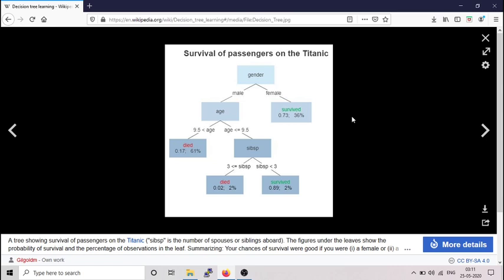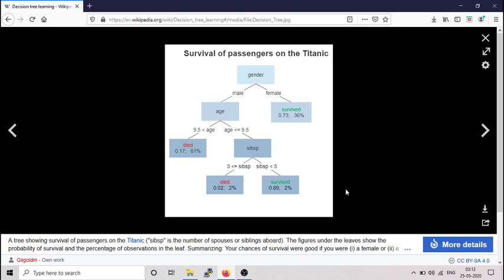Now we want to predict whether a person with a certain gender and certain age would have survived on the Titanic in the past. The first layer of filter is gender. Most of the females survived. For the males, the second filter is age, and you can see all the leaf nodes are here as the end results. So this is what a decision tree represents.